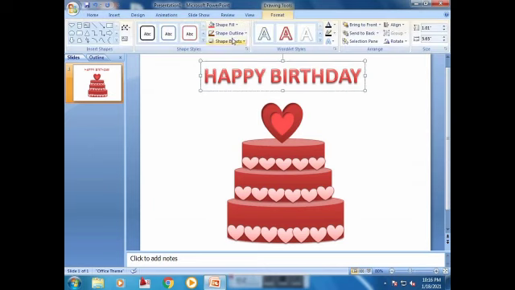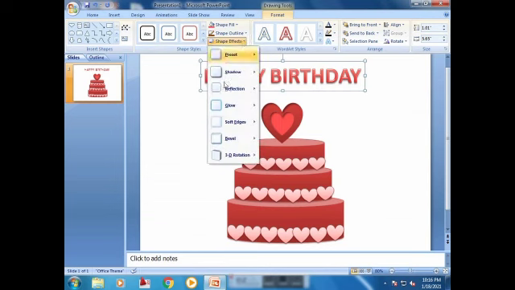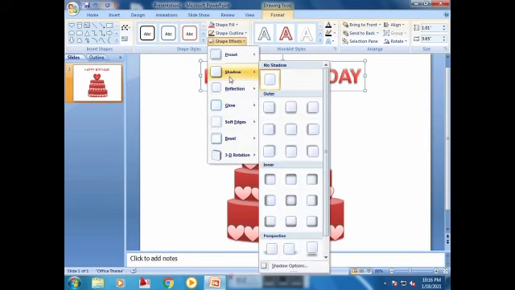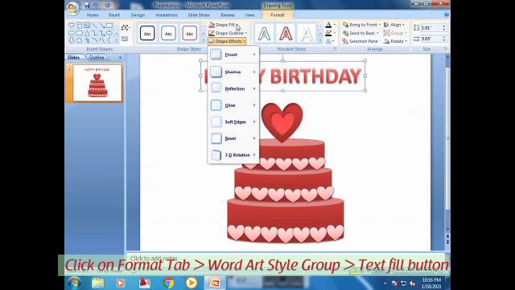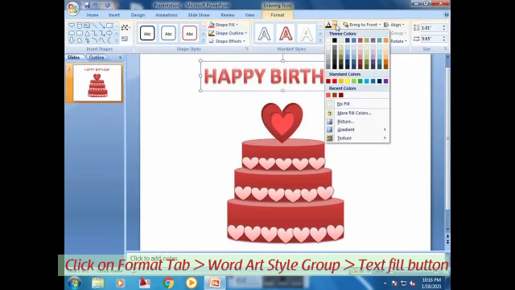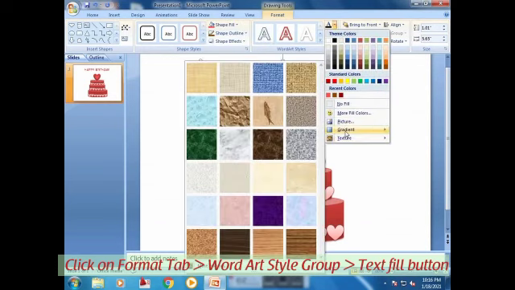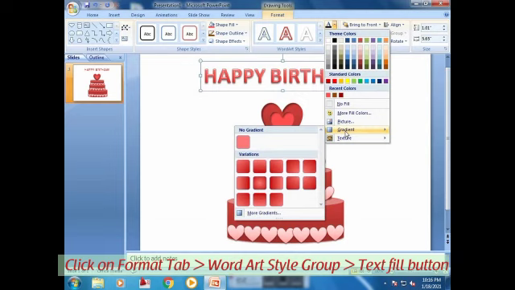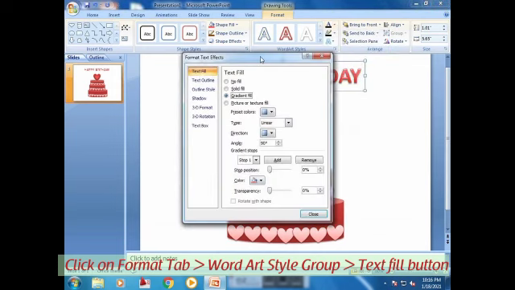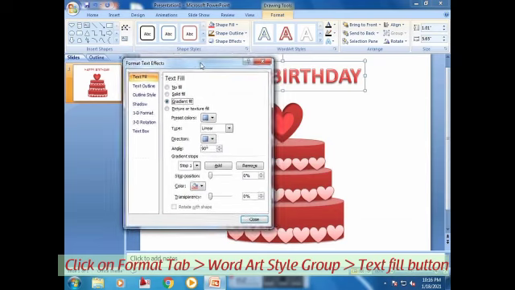Click on the Format tab, Word Art Style group and Text Fill button to give the color effect to your text. You can use the solid fill, gradient fill.